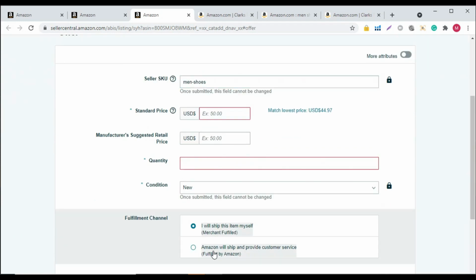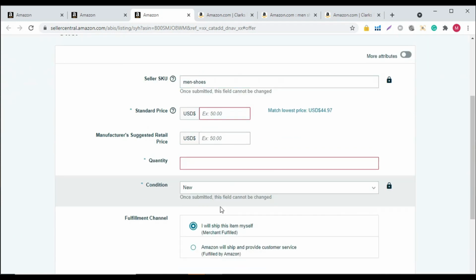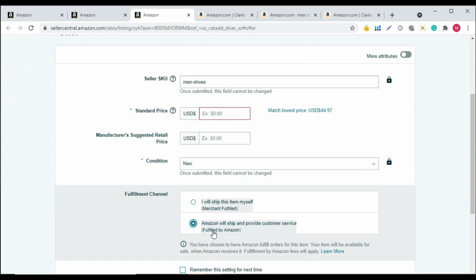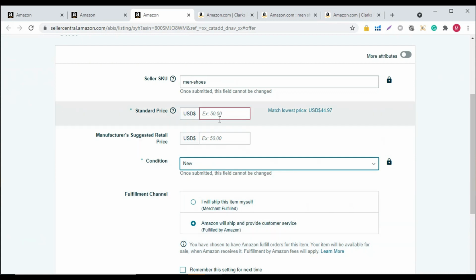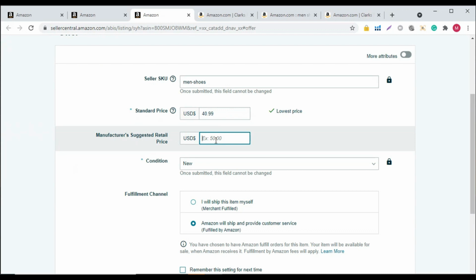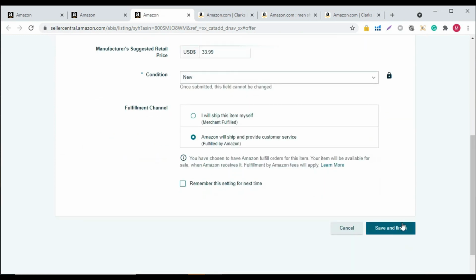Okay, it is up to me what I do, either FBA or FBM. So right now I'm selecting FBA. What will be the condition? It's new. The standard price is up to me. I can write 40.99. It's up to me what the suggested retail price should be. I can write it. Okay, that's cool enough. After this, I just have to click on save and finish, and